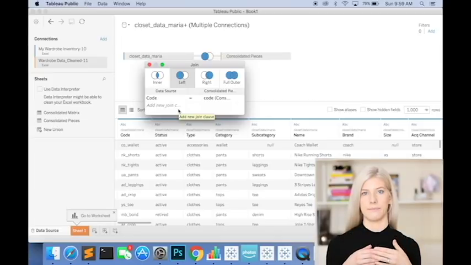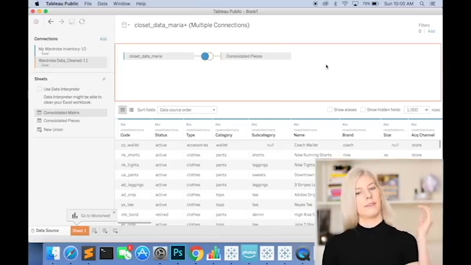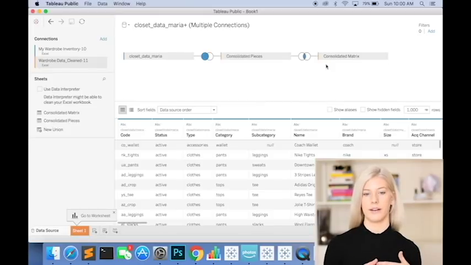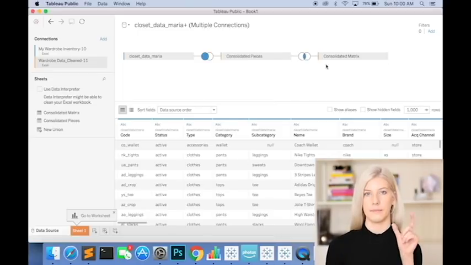join together. All right, so next I'm going to add my matrix data to our data set. And you might be wondering, well, how will we join these 2 data sets because we can't join it on code. The way that I will join these data sets is by timestamp. Since the timestamp is unique for each time I submit a survey response, we can join the pieces in the